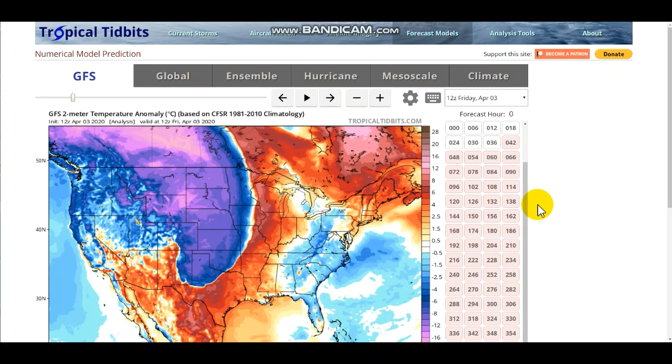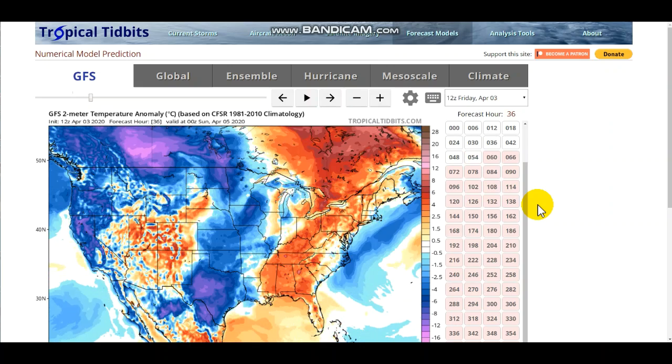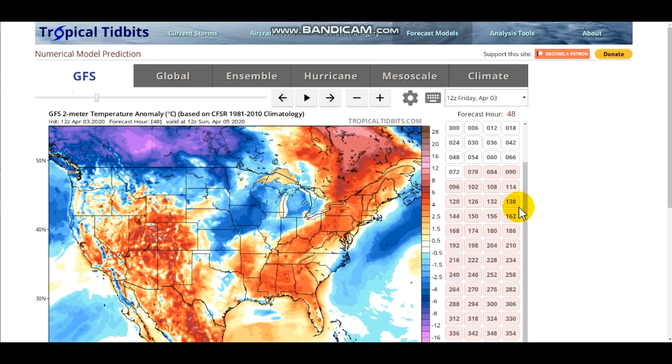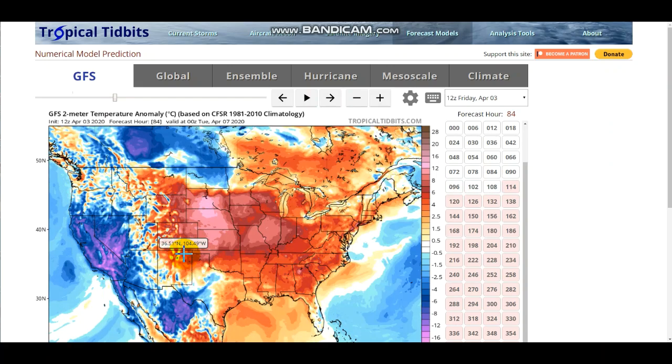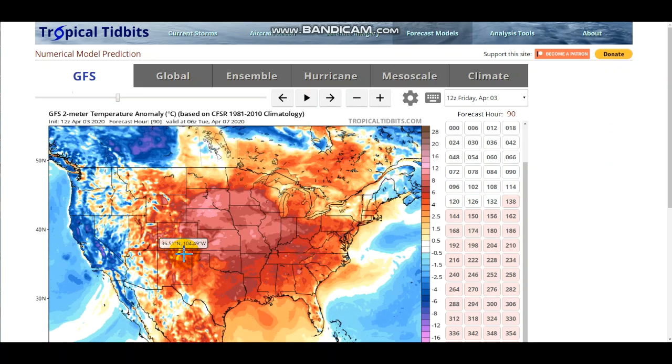So right now, you can see we have this big cooler air mass. It dives into the U.S., but really just dwindles, and you can see that across Saturday and Sunday it falls apart, really doesn't do much, and the cold air retreats back to the north and accumulates across southern Canada, while a warm air mass from the southwest United States pushes through and brings in a lot of warm air. Now, this is a bad thing for any fruit tree growers.